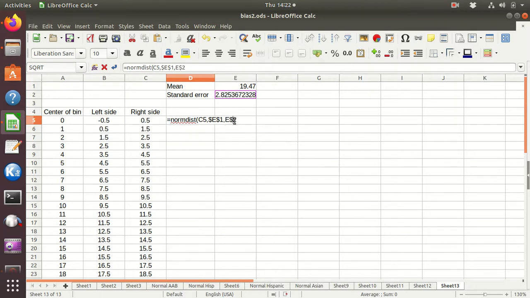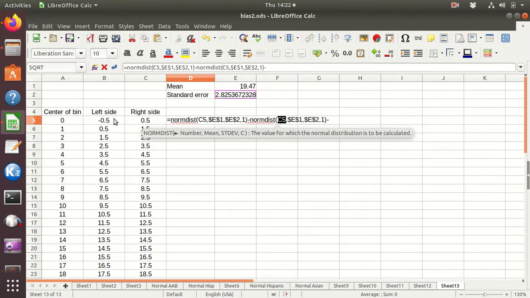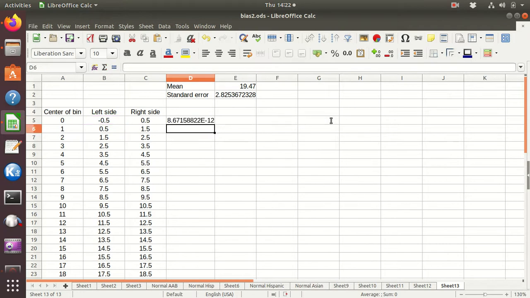So dollar sign on the 2, dollar sign on the E, comma 1, and then minus, and pretty much that same thing. So I'm just going to highlight that, do a Control C, click back here again, do Control V. Oops, I lost my minus sign. Oh, the minus is I put it at the end, so I'll have to fix that. But there's a minus, and now instead of C5, I want B5, and I need to get rid of that minus sign, and I hit enter,